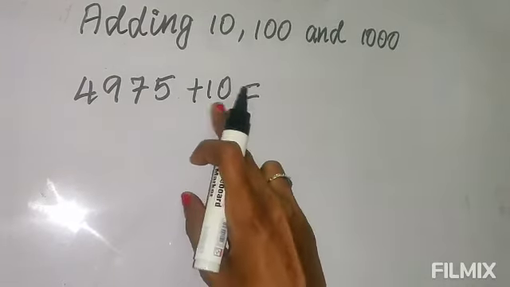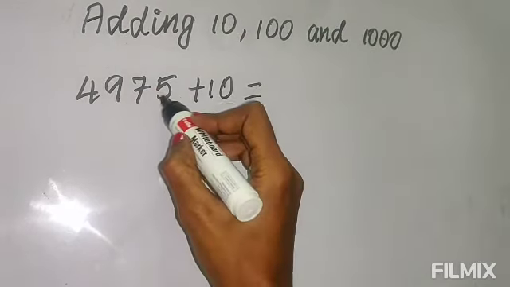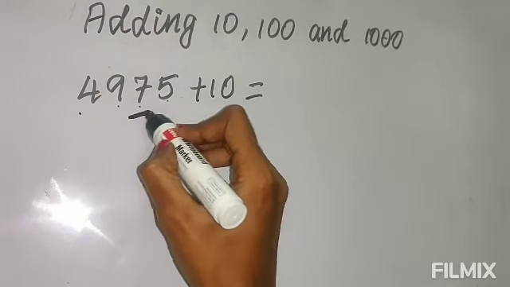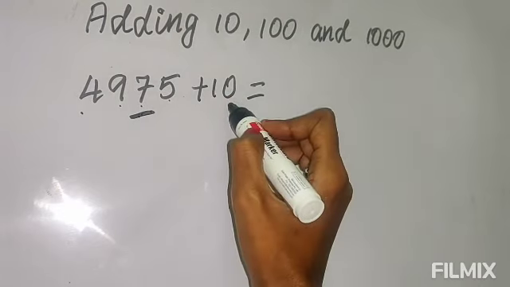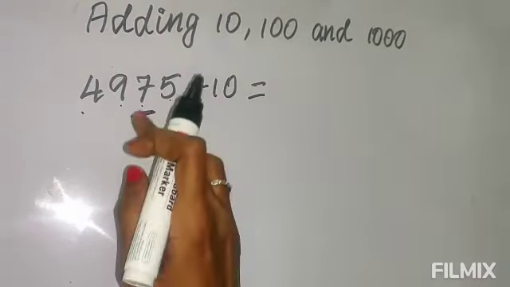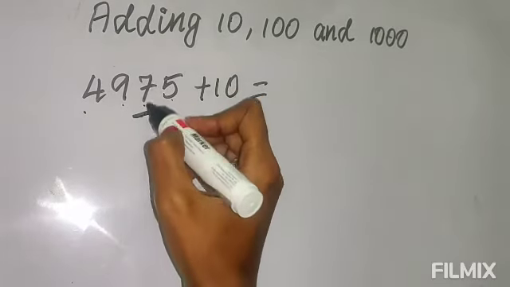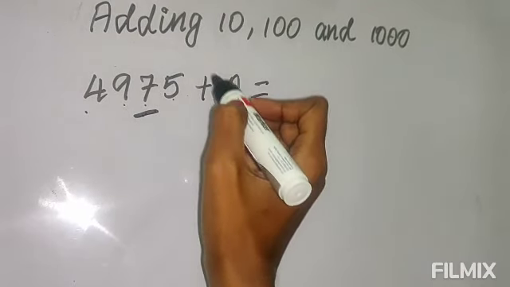See, this is 10, so you look at the number in the tens place. So this is ones, this is tens, this is hundreds, this is thousands. In the tens place what number is there? 7. So here 7 tens are there, and here we have one more 10. So that one more 10 you have to add here. Already 7 and 1 you have to add. Okay, so when you add 10, just add 1 to the number in